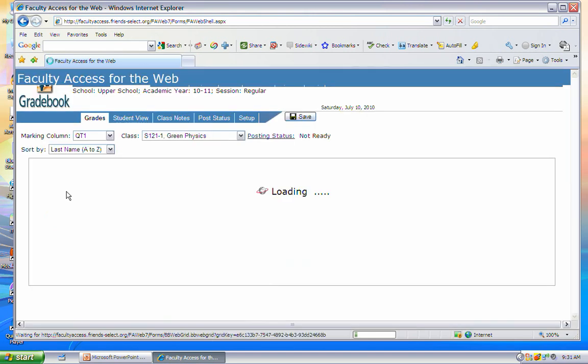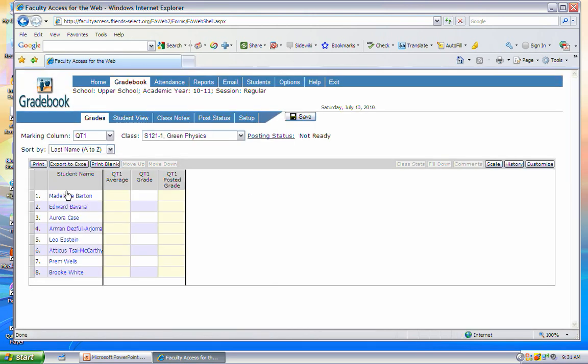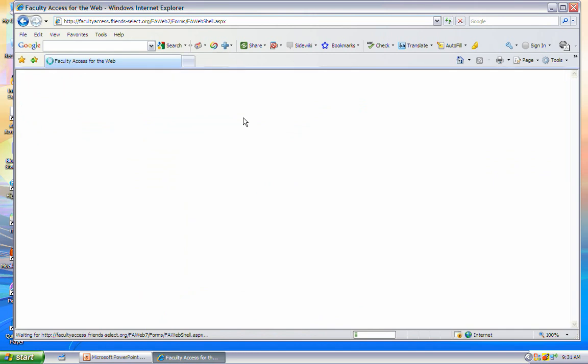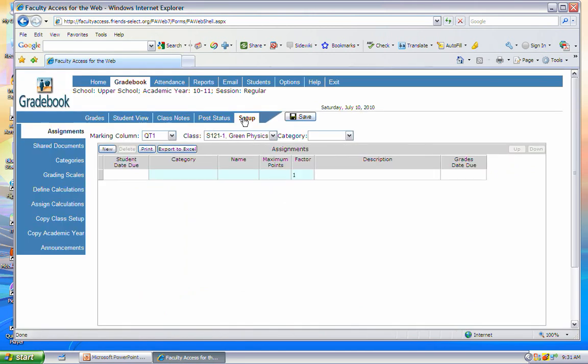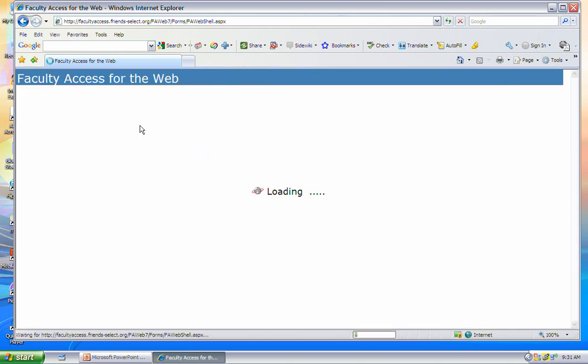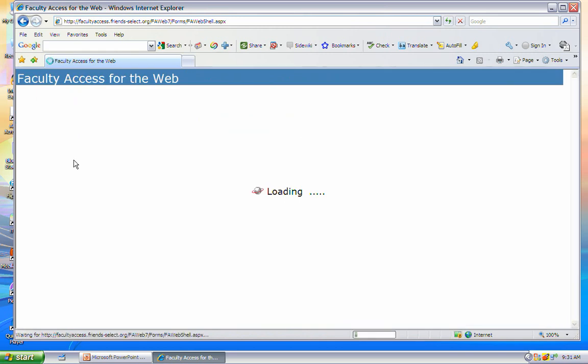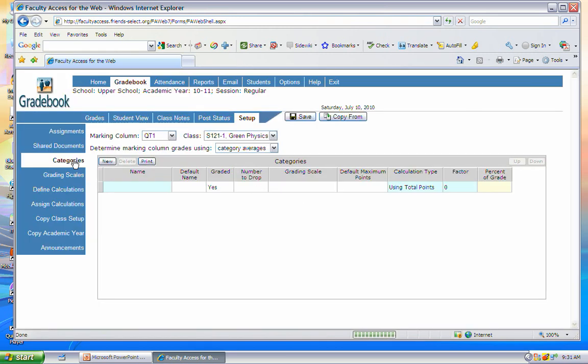When this comes up, there are really two tasks that we need to do. We need to create categories. And so once I'm here, I'll go to Setup. We need to create categories, and then after we create categories, we can begin to create assignments. So, I click on categories,